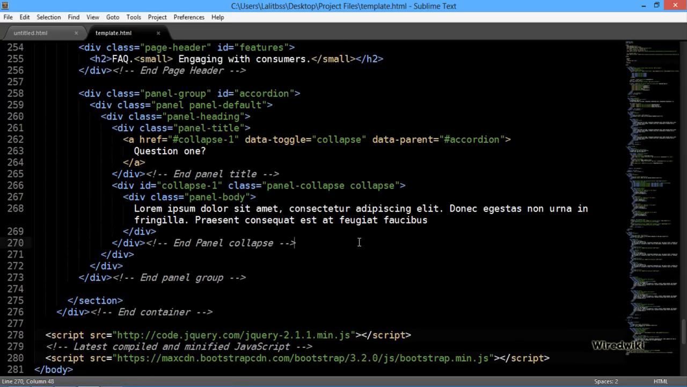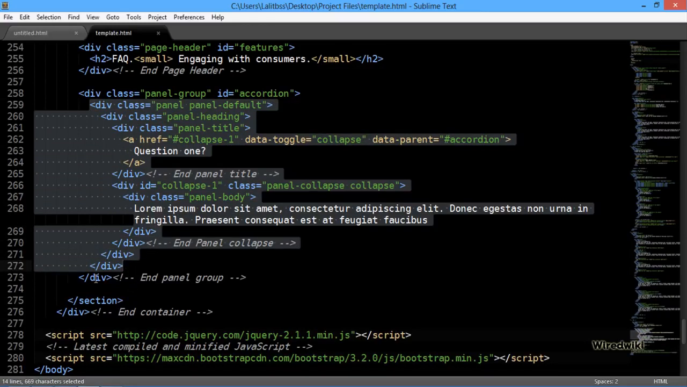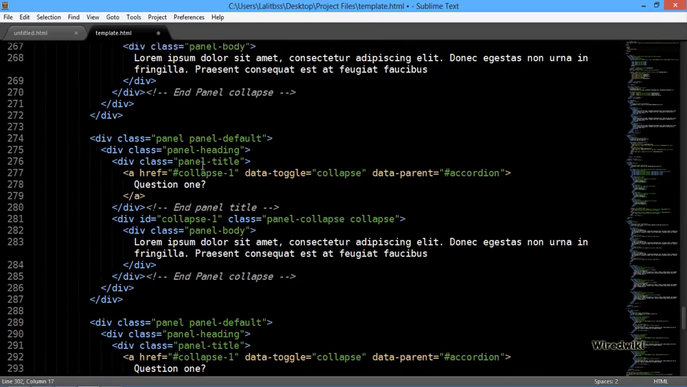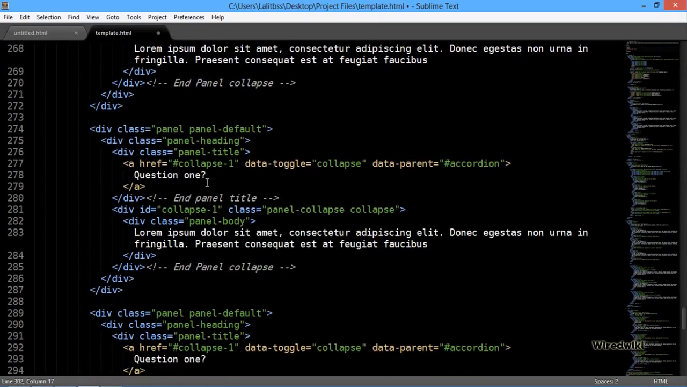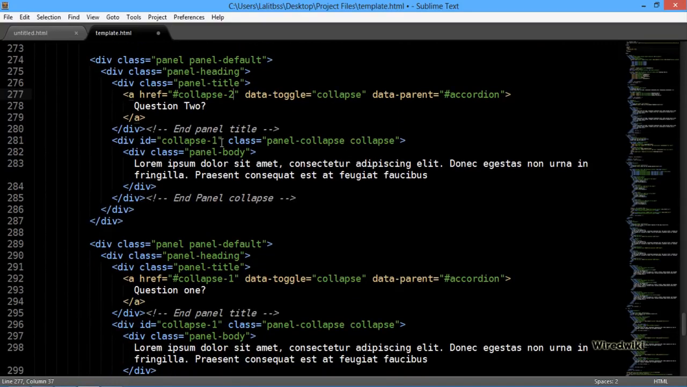So I'm just gonna copy this. I have to copy from this panel-default to right here. As you can see, this is the panel div of the panel group, so you don't have to copy this. Copy the whole thing and paste 2 times. So this is the first one, this is the second one. Inside this I'm going to change this to 2, and I'm going to change the ID to 2. Data-toggle is collapse, data-parent accordion. The text is the same, the ID again 2, collapse, and